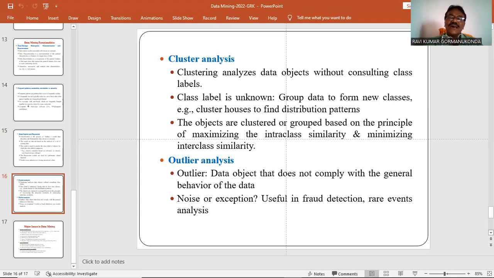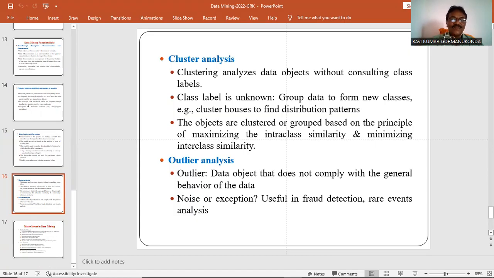Objects are clustered or grouped based on the principle of maximizing the intra-class similarity and minimizing the inter-class similarity. Objects are partitioned into clusters based on properties.